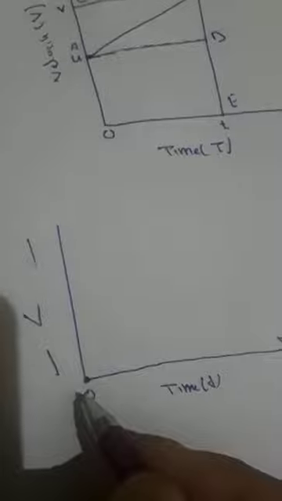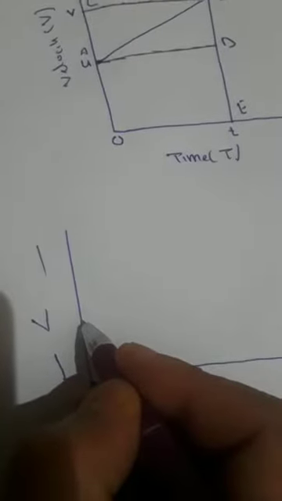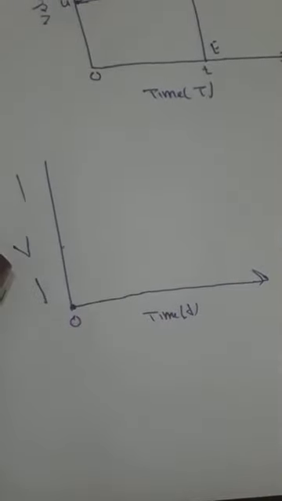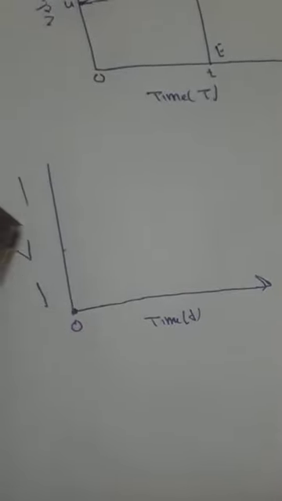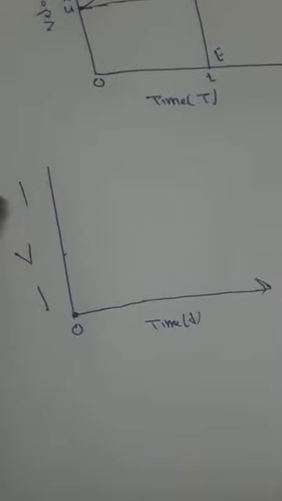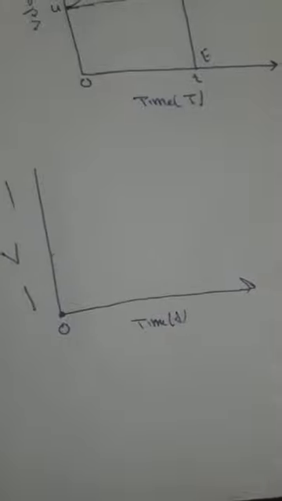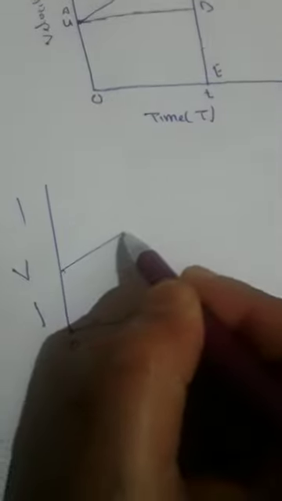Suppose here the body is having initial velocity at time 0, and it is having a uniformly accelerated motion. I hope you remember that class. We will get a straight line when we draw the graph between time and velocity. Velocity is changing, but it is producing a uniform acceleration after every interval of time which we take. We will get a straight line here.